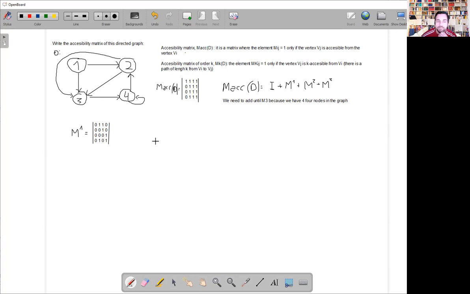Now, if you want to calculate the accessibility matrix of order 2, you have 2 options, right? You can do it as we have done right now, checking the possible paths of order 2 from every node. Or